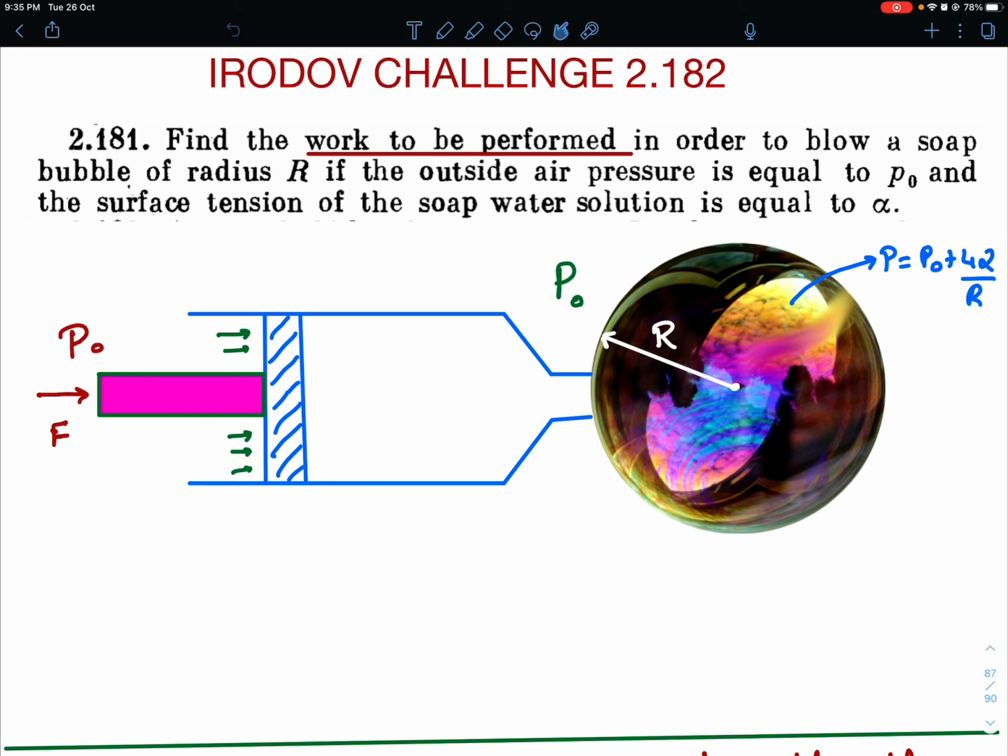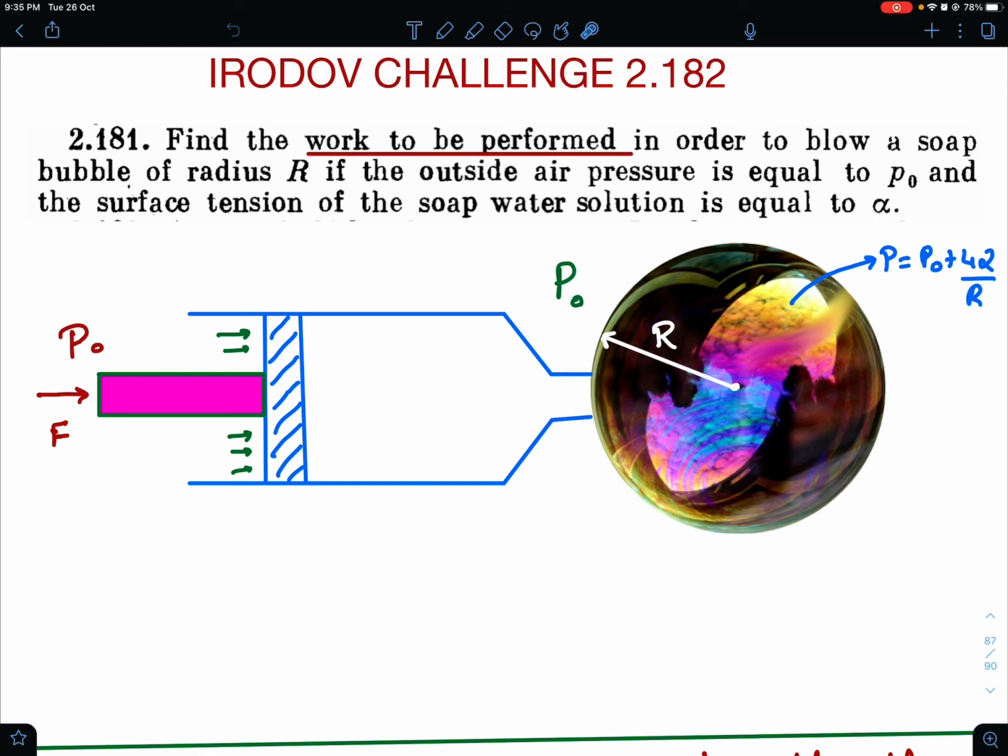And today I have brought another challenge from surface tension for all of you. This is a problem from Irodov, and many students face a lot of difficulty in this problem. And even if they are able to get the answer, they still have some eerie kind of feeling about whether their answer is correct or not, or whether their logic is correct or not. So in today's video I am going to do an analysis of the problem, and I hope this is clear to all of you after this analysis.